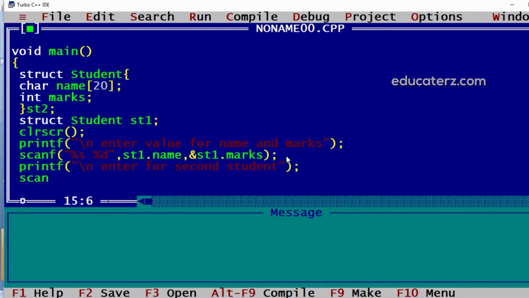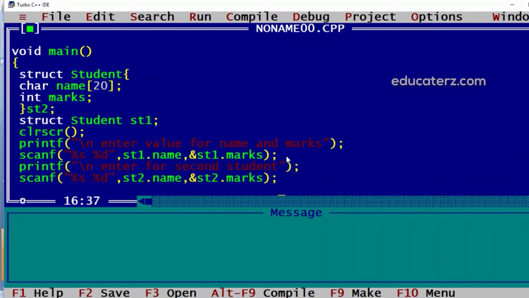Then we'll read the data again using scanf. Here we have %s and %d. Then we had st1 dot name. Instead of st1 it will be st2 because now the variable is st2, and again ampersand st2 dot marks.